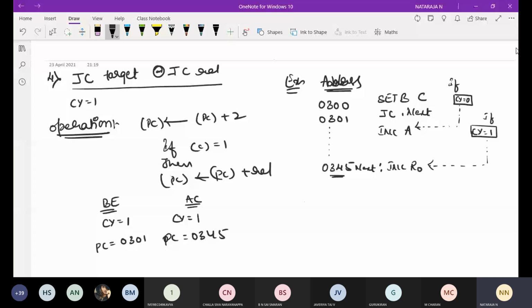Make a note here. First point, note: if carry is equal to 1, then jump to the address specified by the label.